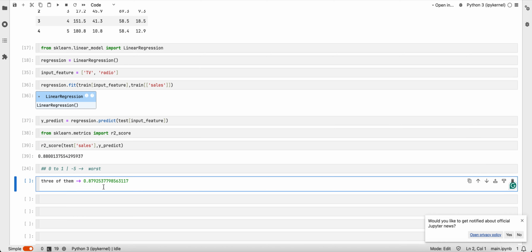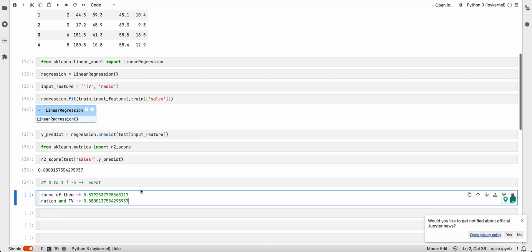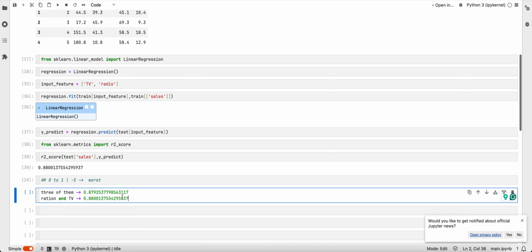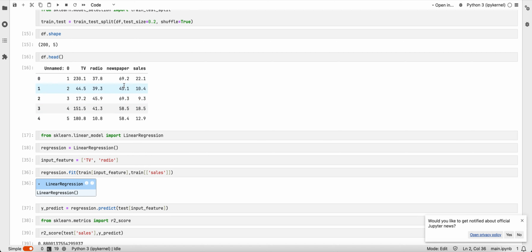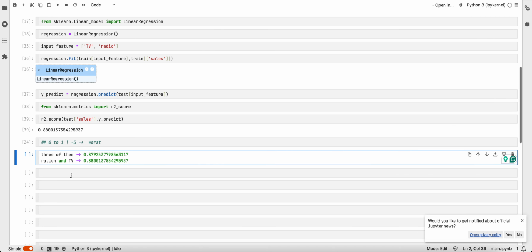What does that mean? Radio and TV. I am just explaining what that means. If I add the newspaper in my data, the newspaper is not helping my sales as much as the TV and radio did, but it's okay to remove the newspaper from this prediction, because if you see the R square, here three of them have an R square of like 0.87, but two of them only have an R square of like